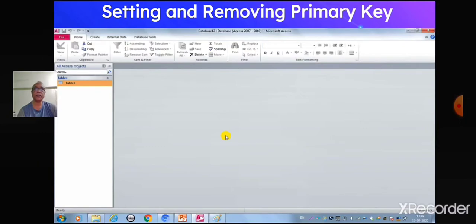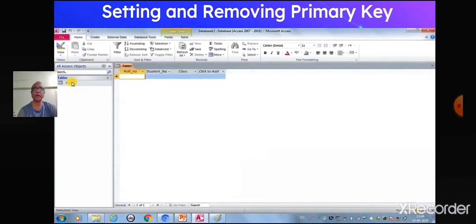Now students, let us see how to remove a primary key. To remove the primary key, once again you have to go to the design view. Select the primary key field.